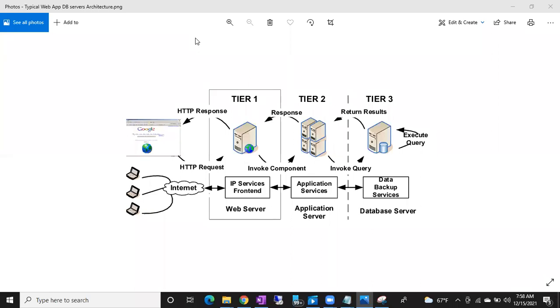So guys, if anyone is saying my database is not working, don't panic. It might be a database issue, it might be a network issue, it might be an application issue, anything may happen. This is the basic architecture of any application, guys. Any application consists of three-tier architecture. What and all servers are involved in this three-tier architecture? Web servers, application servers, and database servers.